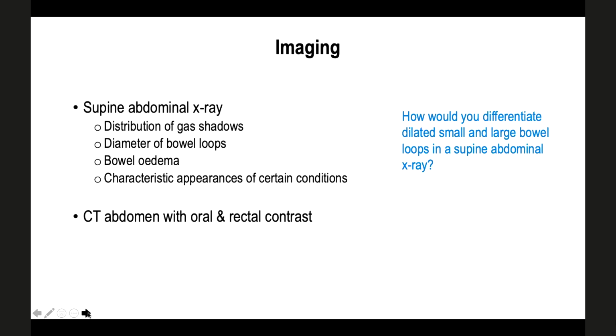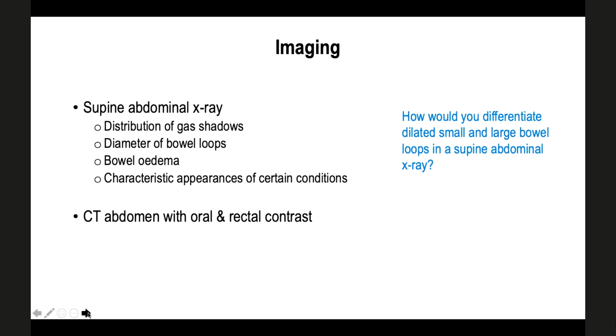Because a supine abdominal X-ray will show you the distribution of gas shadows. It will show you the diameter of the bowel tubes. And it can also show you if there is bowel edema. There are certain characteristic appearances in certain conditions. We will see one or two later. When there is uncertainty, sometimes we also use a CT abdomen with oral or rectal contrast to figure out where the obstruction is. Now you have some homework to do,